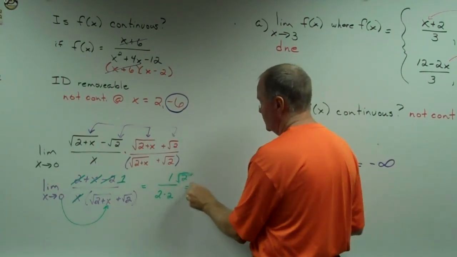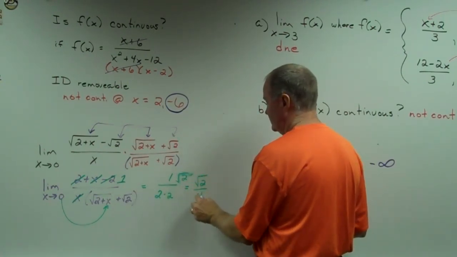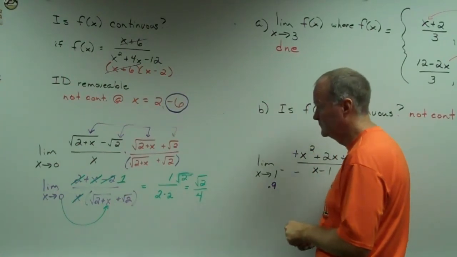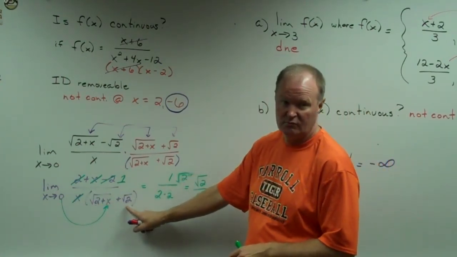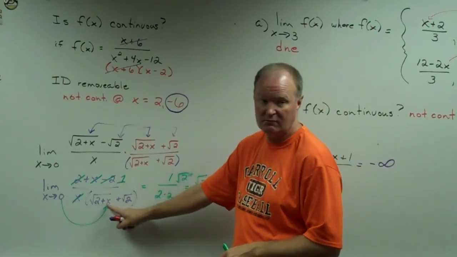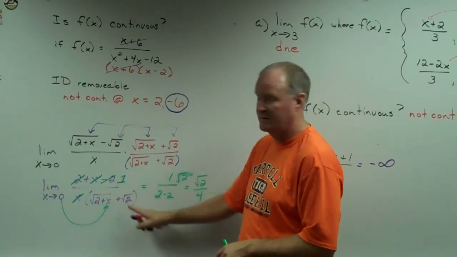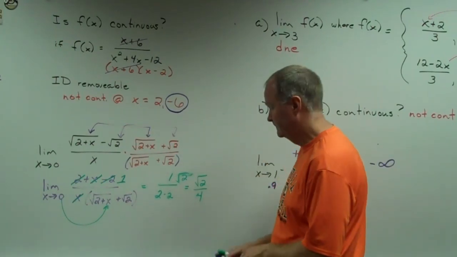And the 2's go away, x goes away, and I'm left with a 1 on the top. And my problem child is gone. So that's square root of 2 over 4. How'd you get the 2 square root of 2? 1 square root of 2 plus 2 square root of 2, because that's the square root of 2 plus 0. Yeah. So I got 1 square root of 2 plus another square root of 2 is 2 square root of 2. So in our final answer,